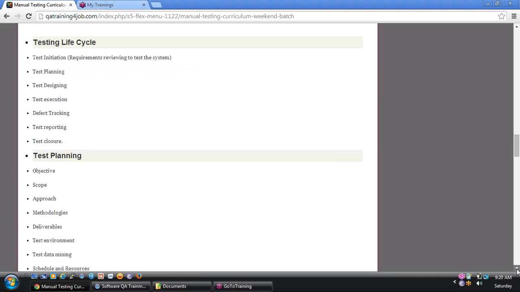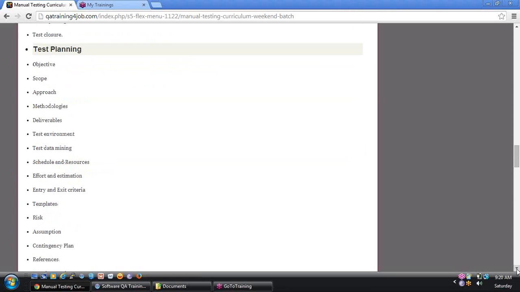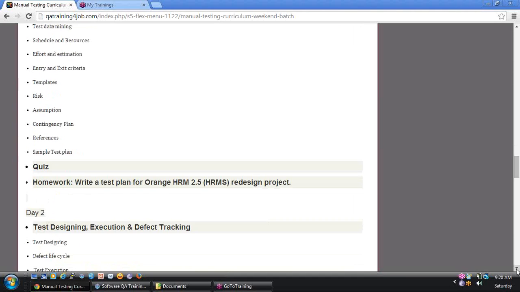On day 1, week 3, we will also go through the test plan document, what the contents of a test plan document are, and how you need to learn each individual component. I'll give you a sample test plan, and we will fill in that information. At the end of the session, I will give you homework, and I'm going to use an application called Orange HRM, a human resource management application. You will use this application to write the test plan. I'll give you the requirements and any requirement-related documentation needed for